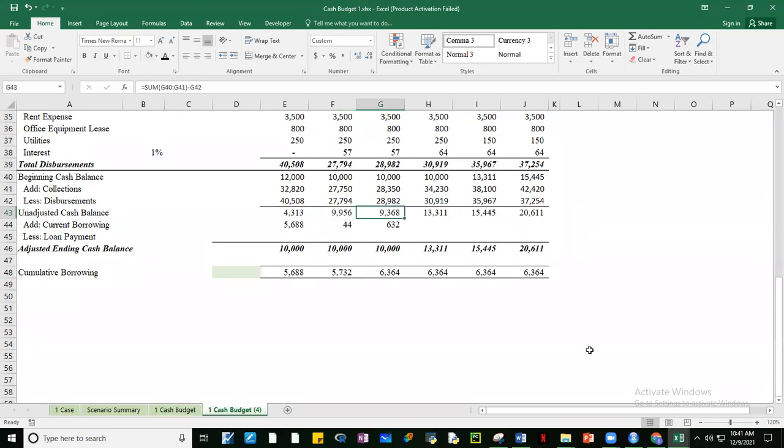Pagdating ng March, hindi pa rin pwede magbayad. Kasi kulang pa ng 10,000. No? Pagdating ng April, guys, pwede na magbayad? Yes or no, please? Can we now pay, guys? Can we now pay? Kahit partial, no? We will assume that pwede magbayad ng partial loan. Kasi revolving credit line naman to eh. Can the company now pay?